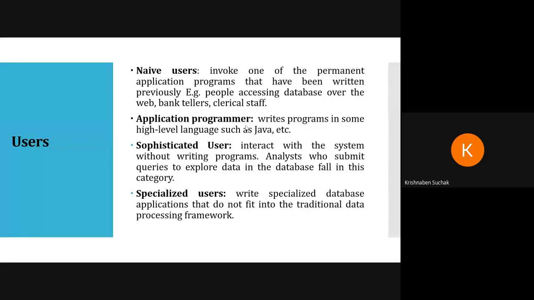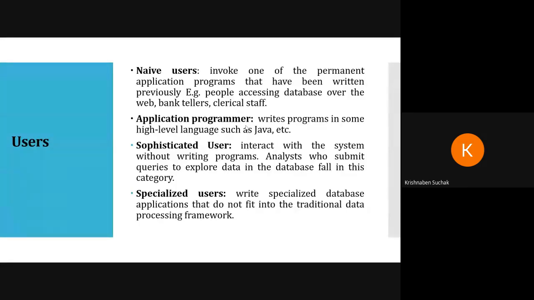Okay, the form information is sent back to the web application. After filling the form, it will be sent back to the application, meaning the application which is at the server side. Then it will determine if there exists such a room in which the student wants to participate or register. That is a naive user. Okay, you are interacting with the program with the help of the web. Here different examples are given: clerical staff or bank teller. They don't know the information, but they will fetch some data through their computer, or you can say through the web application.